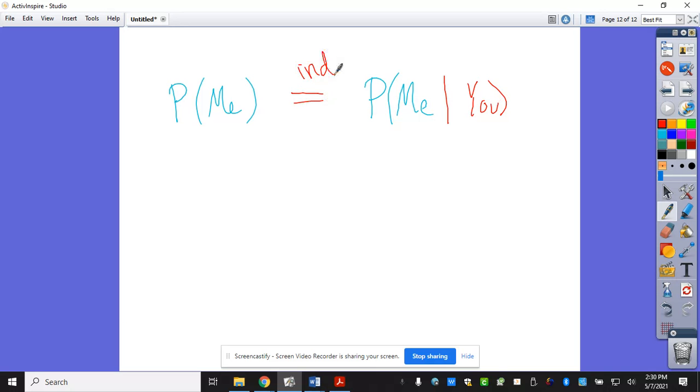Does that also mean that they're mutually exclusive? Not necessarily. If they are mutually exclusive, that means they're not independent, but if they're independent, it does not mean they're mutually exclusive. But that always confuses some people, so I usually try to not talk about that much. Oh, what else? Let me